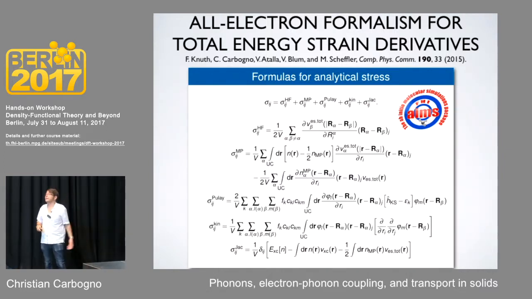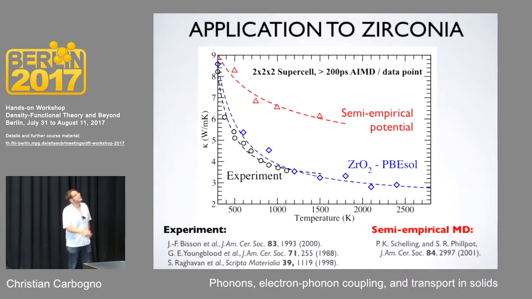We have the analytical stress, which has been used, for instance, in tutorial 2. And you can use that. I'm not going over the individual formula, but if you look at them, they have the exact same kind of structure of derivative times distance. And if you do that, then you can really look at thermal conductivities and calculate them. This is, for instance, one result for zirconia.